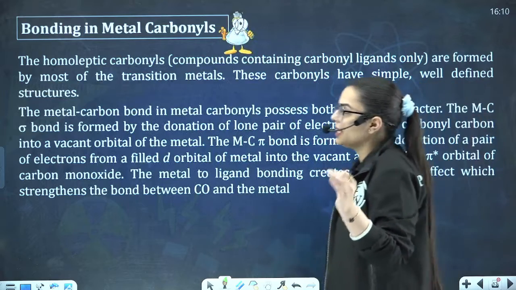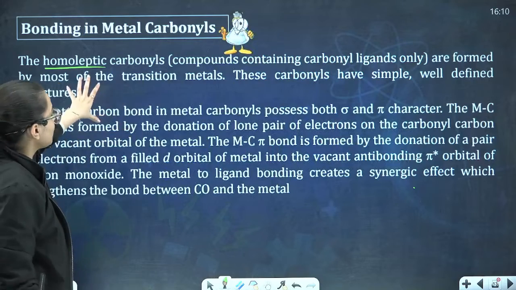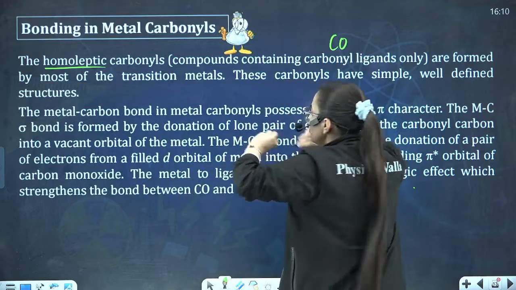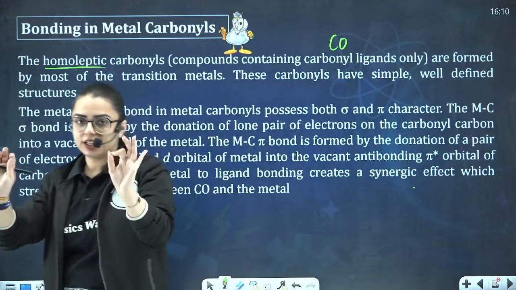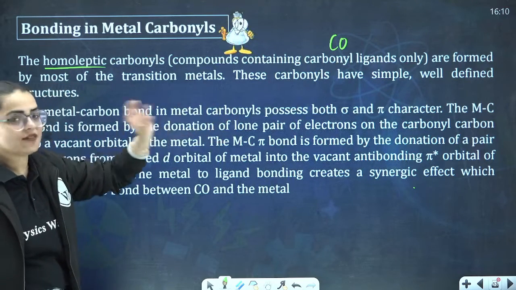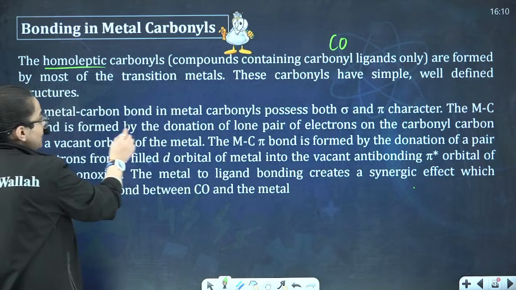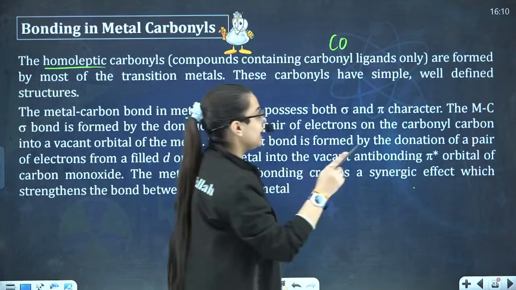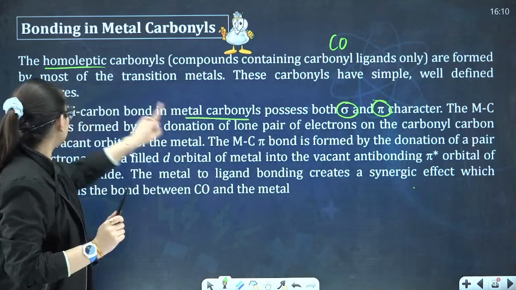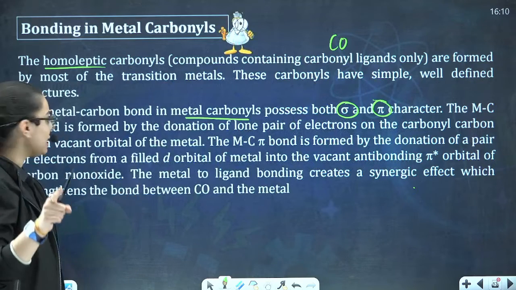Now talking about bonding in metal carbonyls, just understand homoleptic, homo referred to as same. Homoleptic carbonyls means compounds containing carbonyl ligand, that means CO ligand only. Here we shall be talking all about CO ligand only. Do remember this thing, okay? They are formed by most of the transition metals. Now these carbonyls have simple, well-defined structures, which I will be showing you in the next slide. The metal carbon bond in the metal carbonyl possesses both kinds of character, that is the sigma as well as the pi character. Now understand this thing. The metal carbon sigma bond is formed by the donation of the electrons on the carbonyl carbon into the vacant